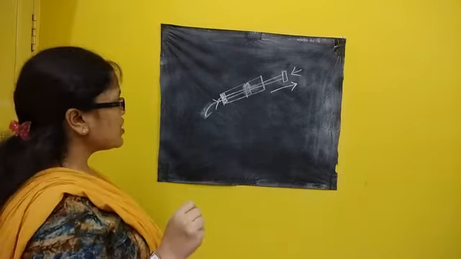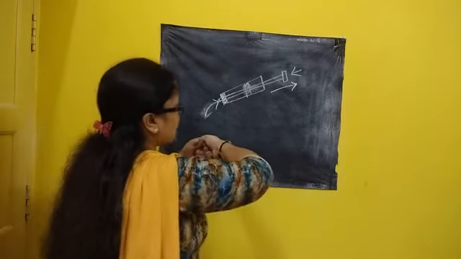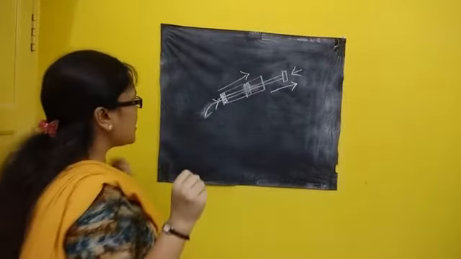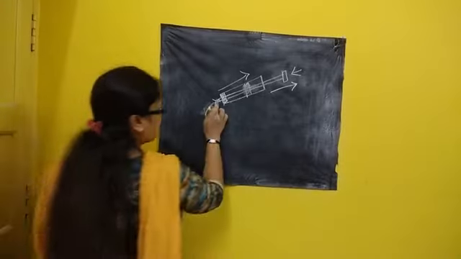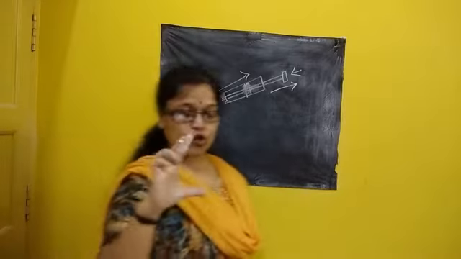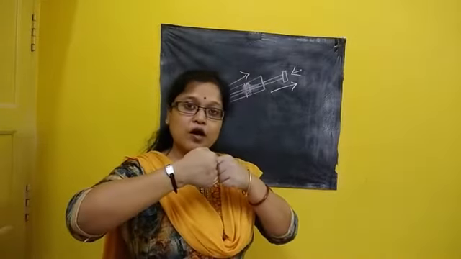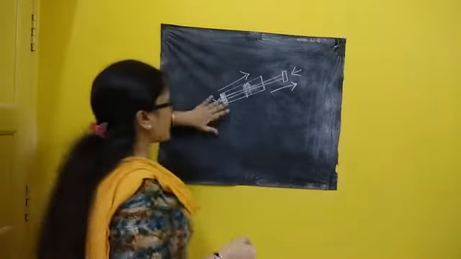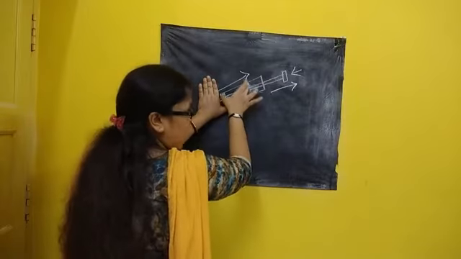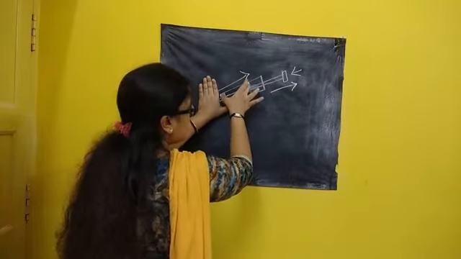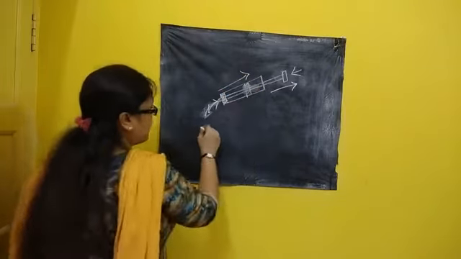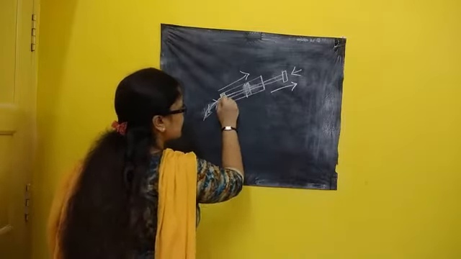Clear? Now he is pulling that plunger outside of the syringe. During that interval, the mouth of the syringe is kept inside your blood vessel or in the vaccine tube. Clear? So when they pull the plunger, no air is there. So there is a vacuum space, meaning there is a decrease in pressure. Now, since there is vacuum, to fill that vacuum, the vaccine or your blood goes inside the syringe,